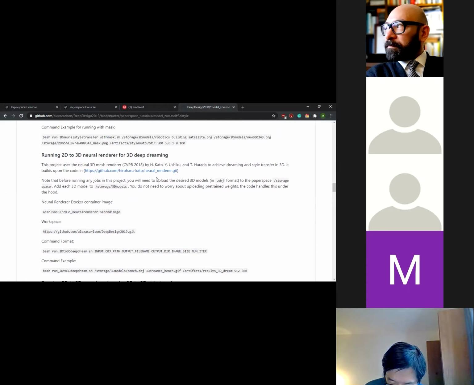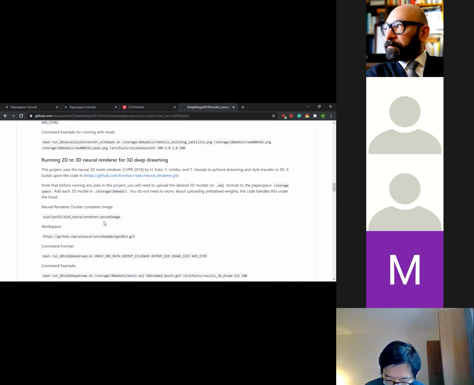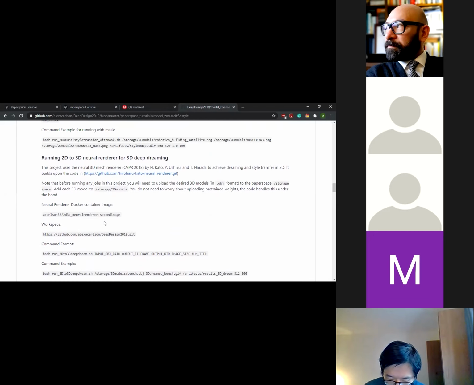What it does is, given a 3D object, deep dreaming is basically a tool for network visualization. If you train a full neural network to, say, classify images on a specific dataset, and now what you do is take this fully trained neural network and